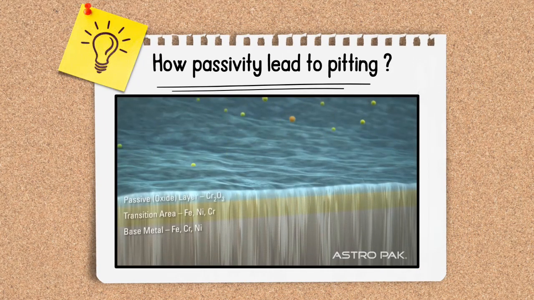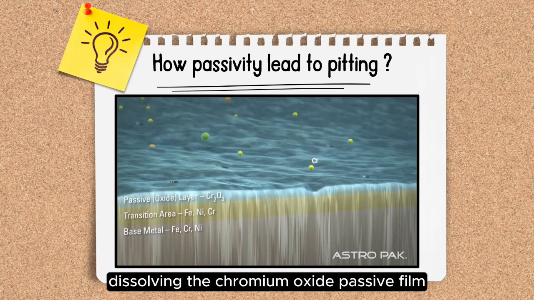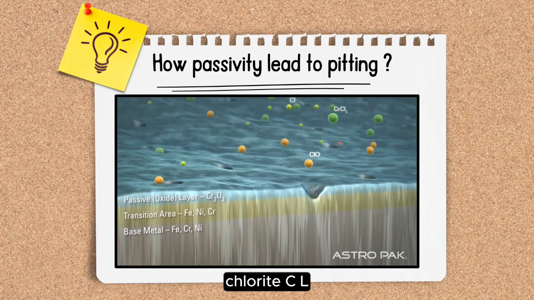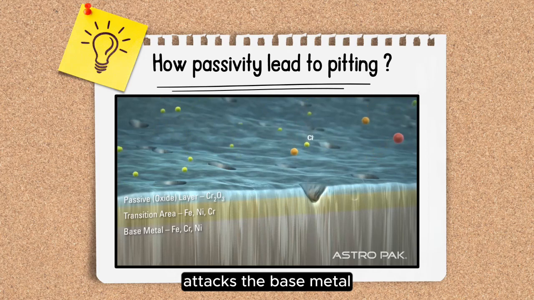Chlorides attack the stainless steel surface, dissolving the chromium oxide passive film, producing chromium chloride salt and hypochlorous acid, or hypochlorite, ClO. Hypochlorite, the active ingredient in bleach, attacks the base metal, deepening the pit, forming